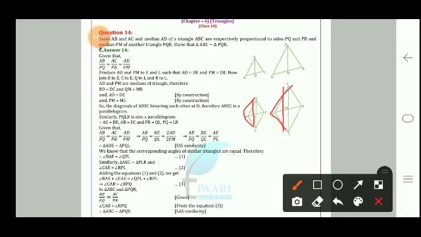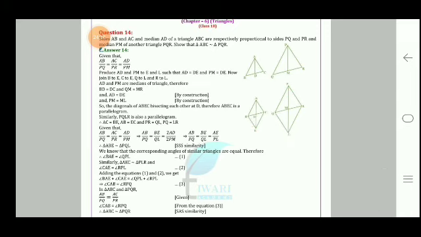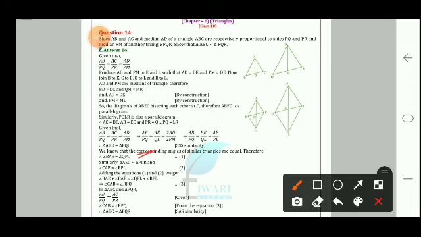Now when these two triangles are similar, we have angle BAE is equal to angle QPL. Similarly, triangle AEC is similar to triangle PLR, so we have angle CAE is equal to angle RPL. Adding these, the result is that angle CAB is equal to angle RPQ. Now we take triangle ABC and triangle PQR. We have proved that one pair of angles is equal, and the ratios of the sides are already given equal. So by SAS both the triangles are similar.